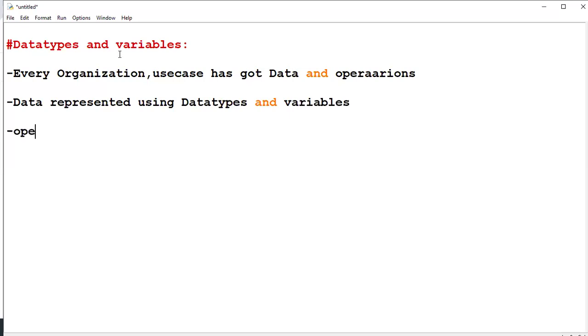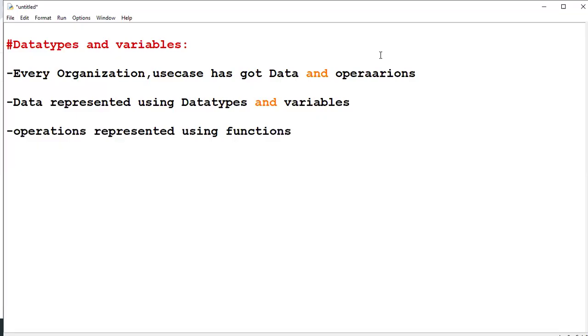Operations are represented using functions. If you talk about any organization, they have got data